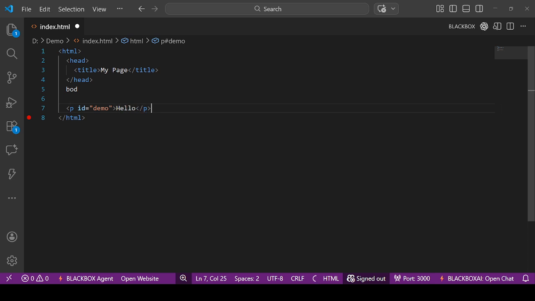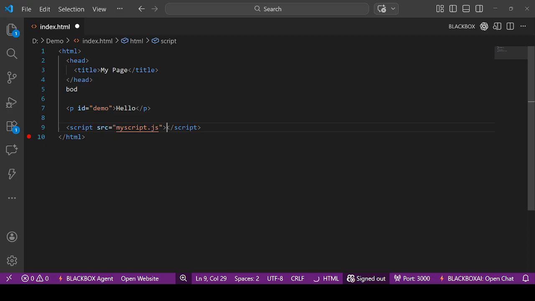Then you need the script tag. Inside the opening tag of the script tag you need source, and you write here my script.js. This way, all your HTML loads first and then JavaScript runs. No errors,